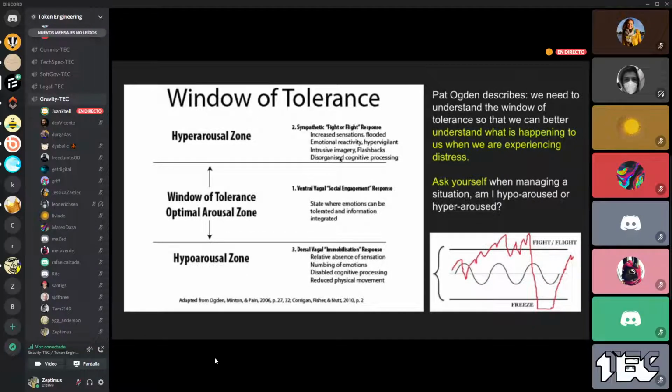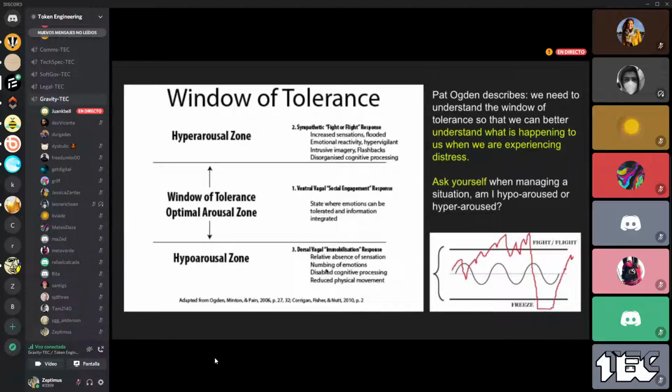we are hyper aroused or sometimes we are hypo aroused, and we have to try to keep ourselves in the optimal arousal zone for managing conflict, because as I said before, maybe you can spend months trying to get into an agreement, and then you come to a hyper arousal zone where you have emotional reactivity and a disorganized cognitive process, and you can make an irrational decision just because you were in a hyper arousal zone. Or maybe you are in a hypo arousal zone and you numb your emotions, or you disable your cognitive processing, or